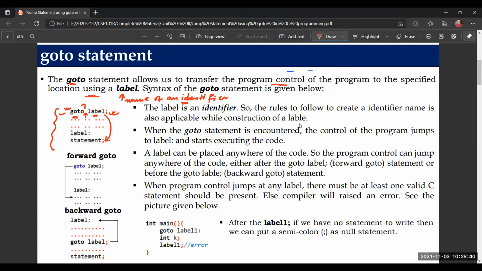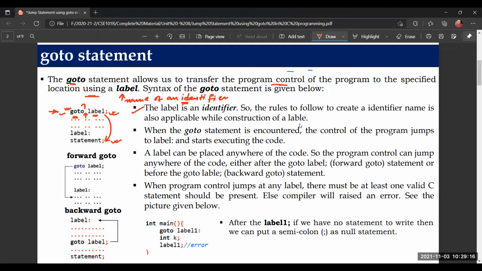So how is it written? Here I used goto and a space. This is the syntax of creating a goto statement in C programming: goto, a space, and the name of a label. When the compiler encounters this line, it will jump to the location of the next statement written after the label. After the label there might be one statement or many, but there must be at least one statement so that it can jump to that statement and execute it.